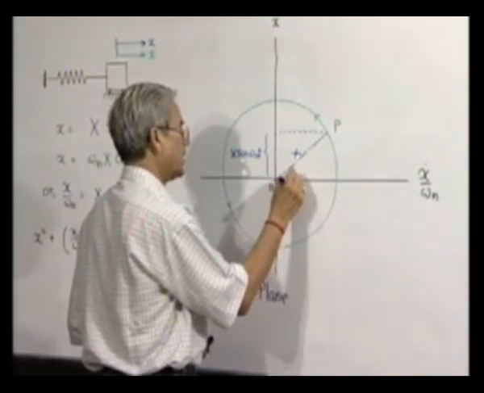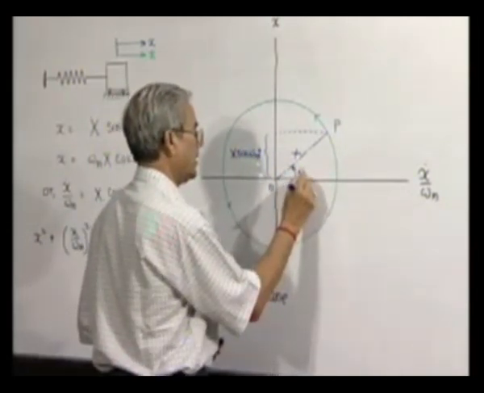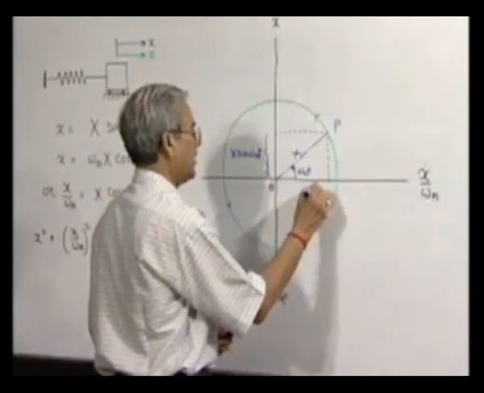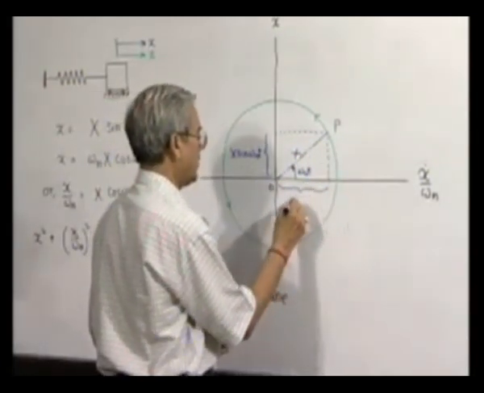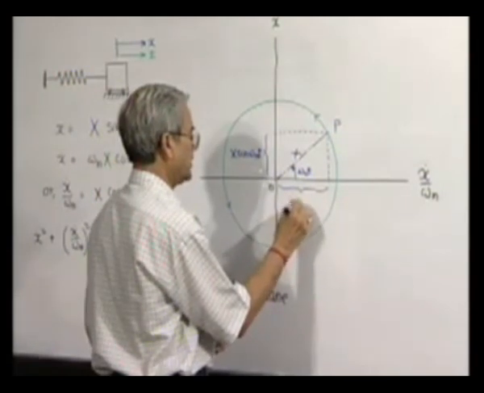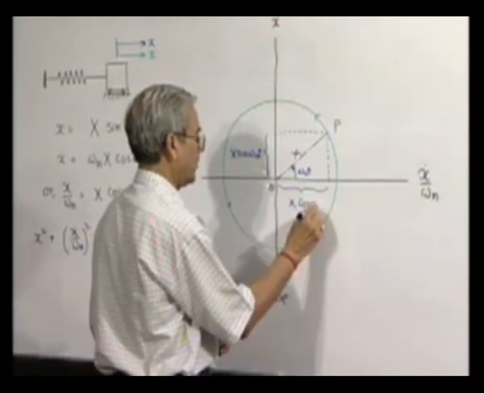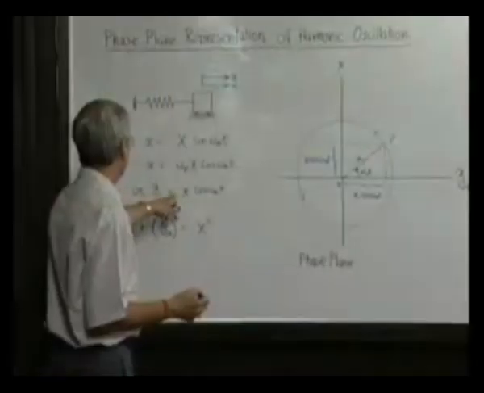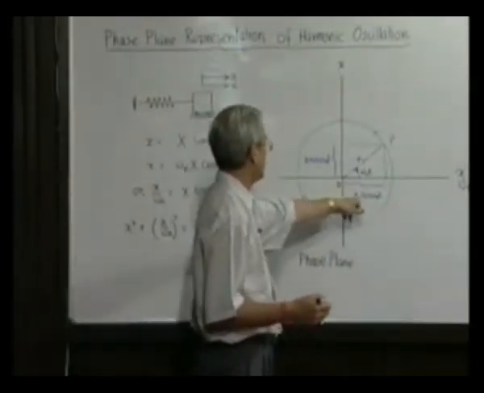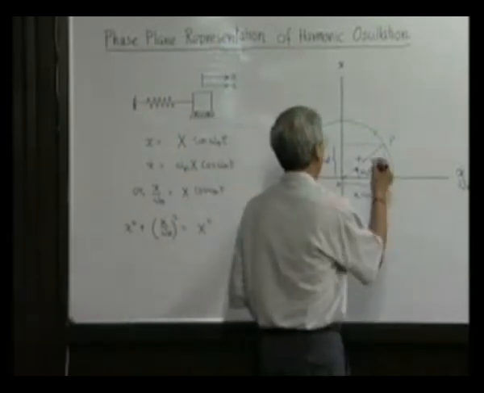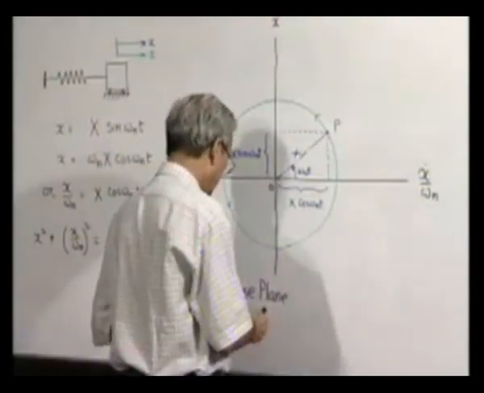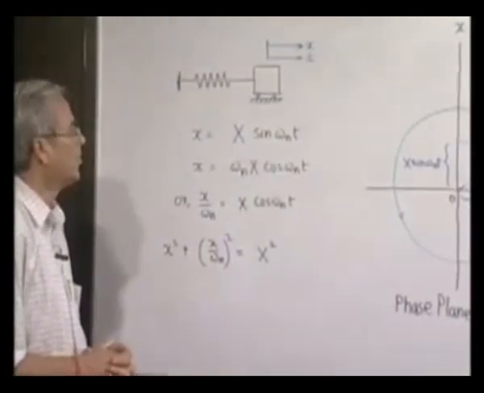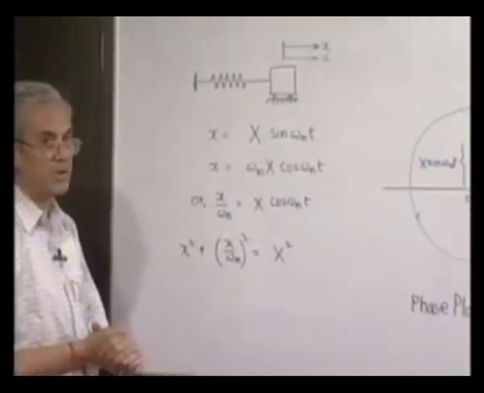If we consider this to be the 0 position, and this is nothing but x, which happens to be velocity divided by omega n. And of course the phase plane diagram for a simple harmonic oscillator is a circle whose radius is the amplitude,